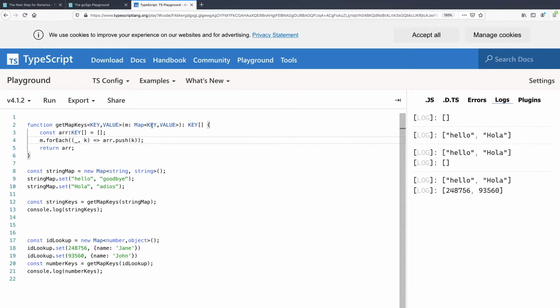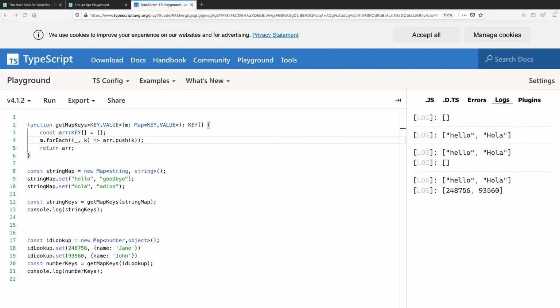We know nothing about this key value, so we can't guarantee it has that property. So this is the beauty of generics, that we're able to be generic while being strictly typed. And that is what would be so useful in Go, to maintain the strict typing, but not having to implement this get map key method numerous times.